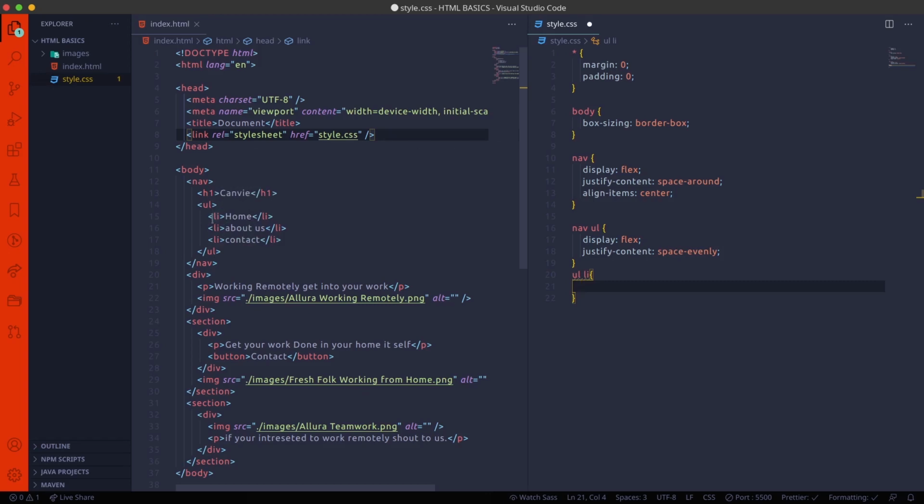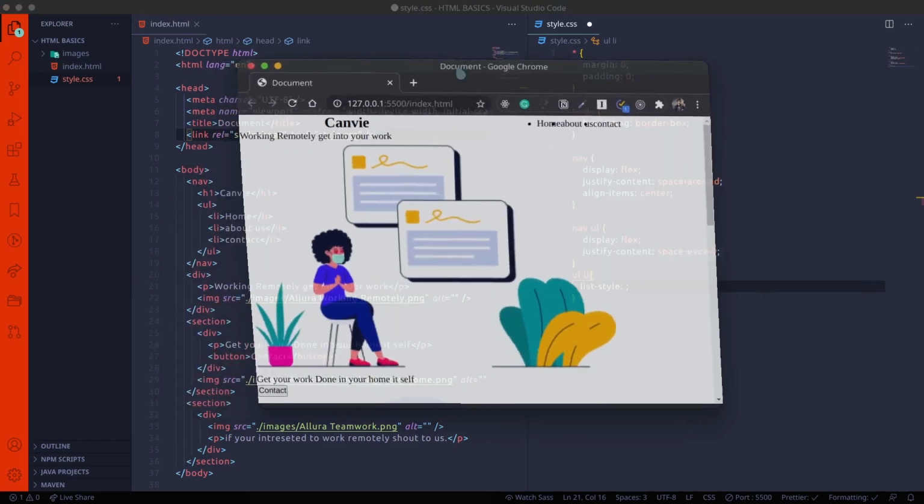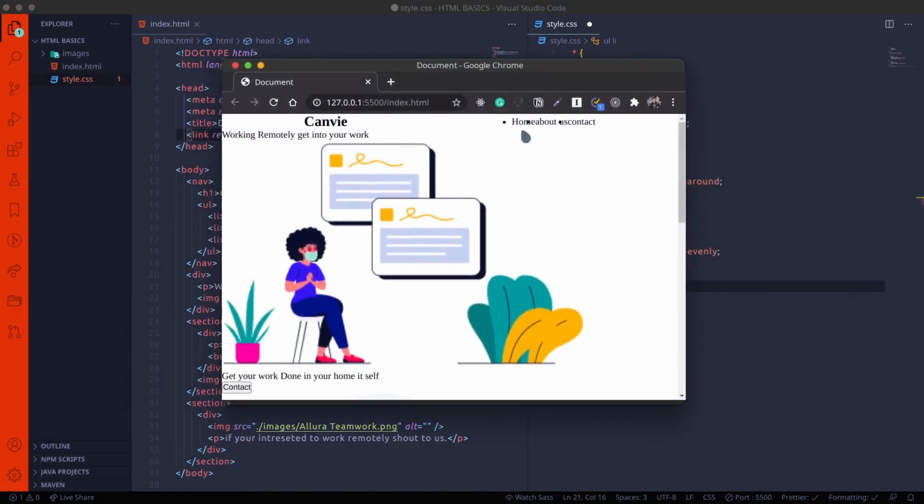Now I'm using another list, then the list item. Why am I using the list and list item? Here you can observe that the unordered list is here and the list item tag is in between. So first I'm using the ul tag and the li tag. Now here I'm mentioning list-style.